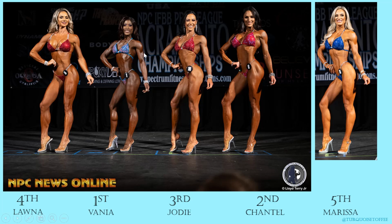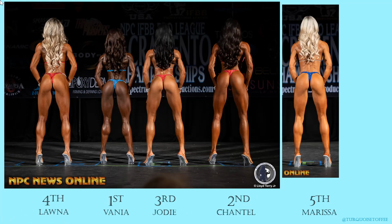But Vanya also has that beautiful definition in her arm. And unfortunately, that shadow, right? Everybody's got the shadow covering their glutes. But I know that Vanya has this beautiful roundness in the shape of her glute. Now from behind,